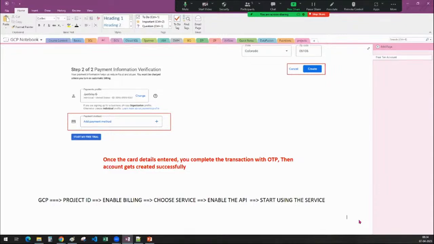In the Cloud Shell, you can look at how to create a folder, how to move a folder from one bucket to another bucket, and how to move a file from one bucket to another bucket. Do those kinds of activities so that you become comfortable with the Cloud Shell as well. Okay.